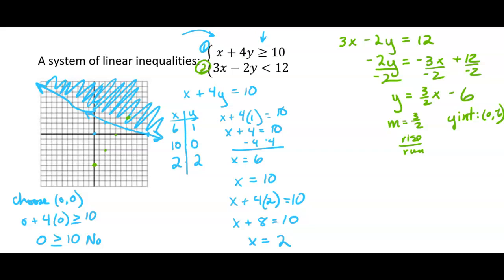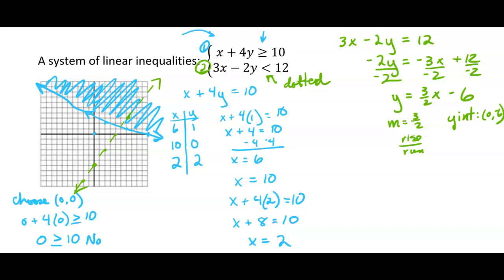Also remember, you could go negative 3, down 3, but you have to go negative 2, back 2, and you can get another point that way. All right, this time it's going to be a dotted line because it's not less than or equal to, it's just less than. So that's why it's going to be dotted. So I draw my dotted line, or dashed, if you want to call it a dashed line. Okay, now try to ignore the blue line and just think about the green dotted line that I just drew.